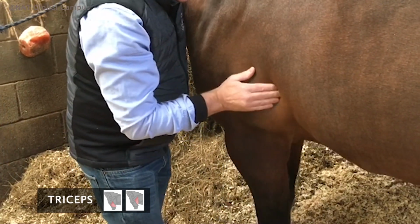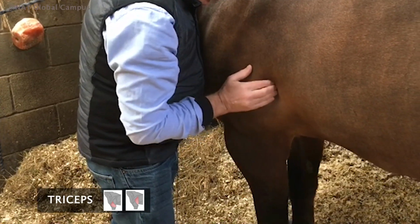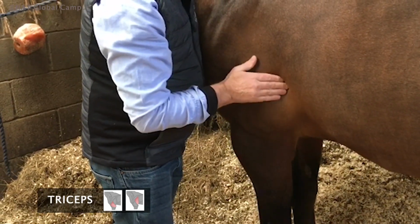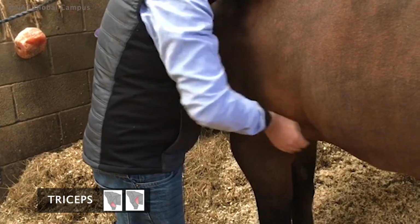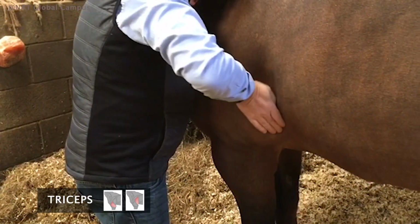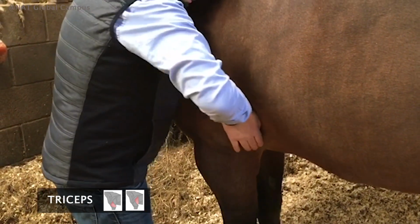There's a little bit of tension, there's a little bit of pain in there, so we're getting a reaction. If you're getting a reaction like that where they're lifting the leg up, it means you're going a little bit too firm, so go a little bit softer. In fact, I'm going to warm the area up a little bit. So on the triceps, use the palm of your hand and just go down the muscles, just warming the area up a little bit,